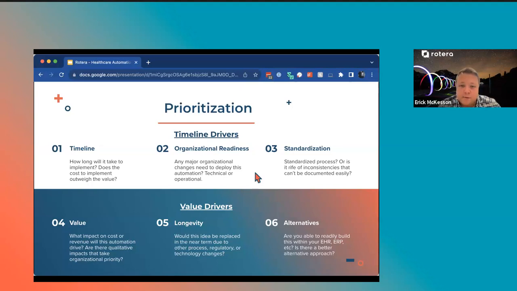And then alternatives, again, can we do this in the EHR, in the ERP, et cetera? Is there different alternatives? Is there some other workaround that makes sense? All of these can get their own weights. So some organizations might put the highest weight on value and much less on others. We generally like to have a somewhat balanced weight between all of these, but it's something that you work through